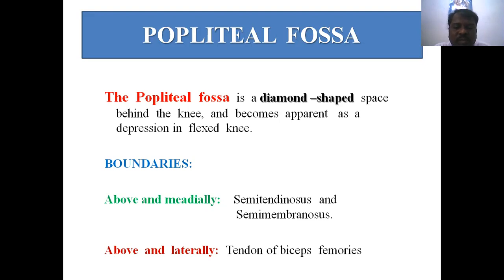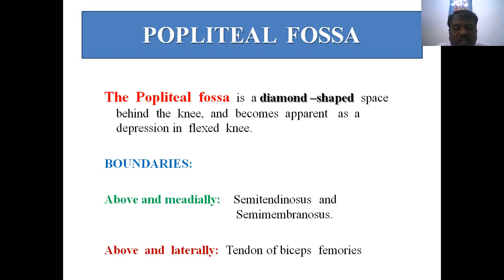above and medially by the semitendinosus and semimembranosus muscles. How to identify the semitendinosus and semimembranosus? First, these two are present medially above. Semitendinosus has a tendinous insertion, with the rest being musculature, and in semimembranosus the upper part is the membranous sheet and the lower part is muscular. So semimembranosus and semitendinosus make the upper medial boundary, and laterally above it is bounded by the tendon of the biceps femoris